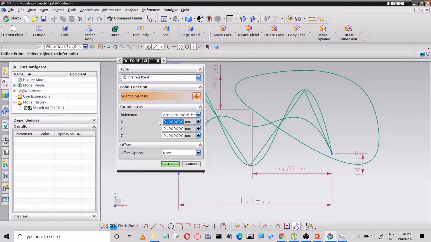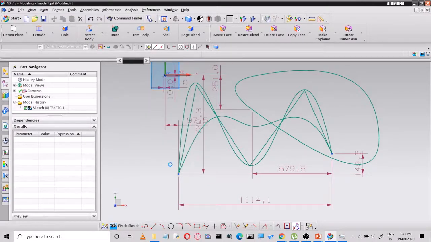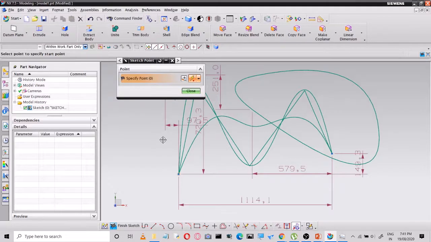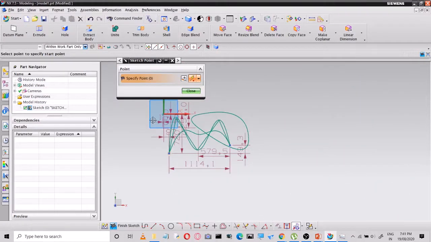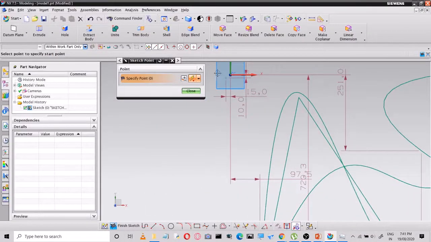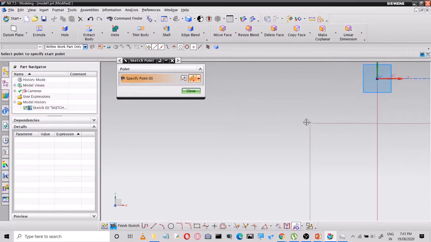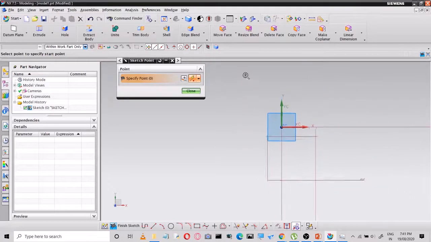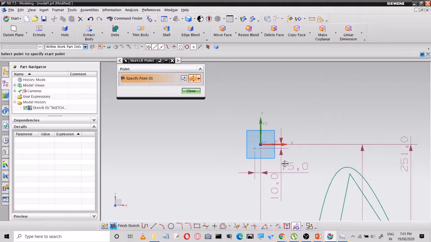You can provide the x coordinate value, y coordinate value, as well as z coordinate value. Let us go for minus 15 here and minus 10. We'll say okay. Look out, now the point is specified here.